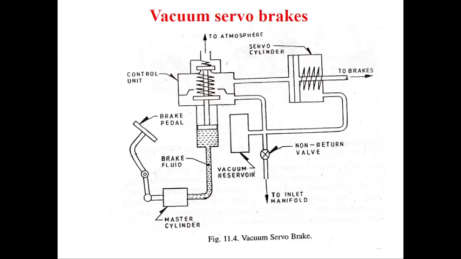But in the vacuum servo brake, the vacuum is generated in the vacuum reservoir, and this vacuum reservoir is applied on the control unit. The cursor of my mouse is showing the control unit here. This control unit is helpful for